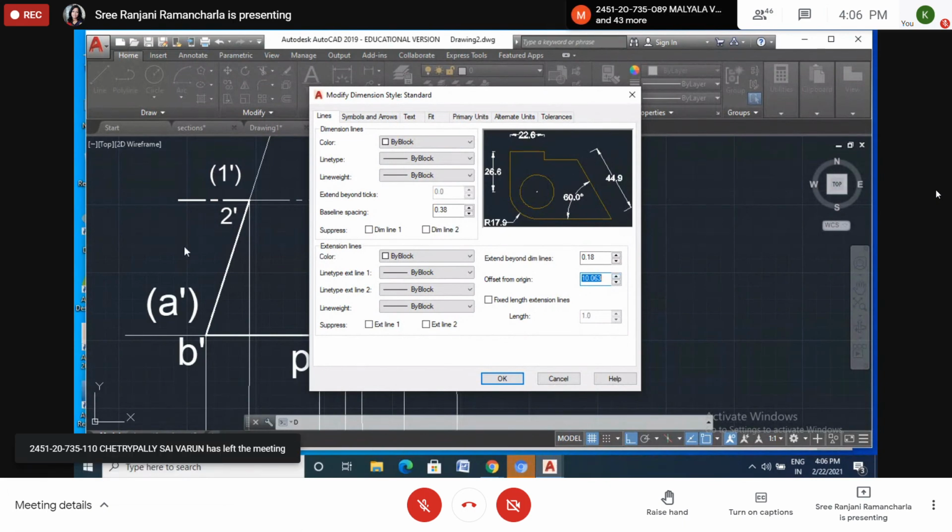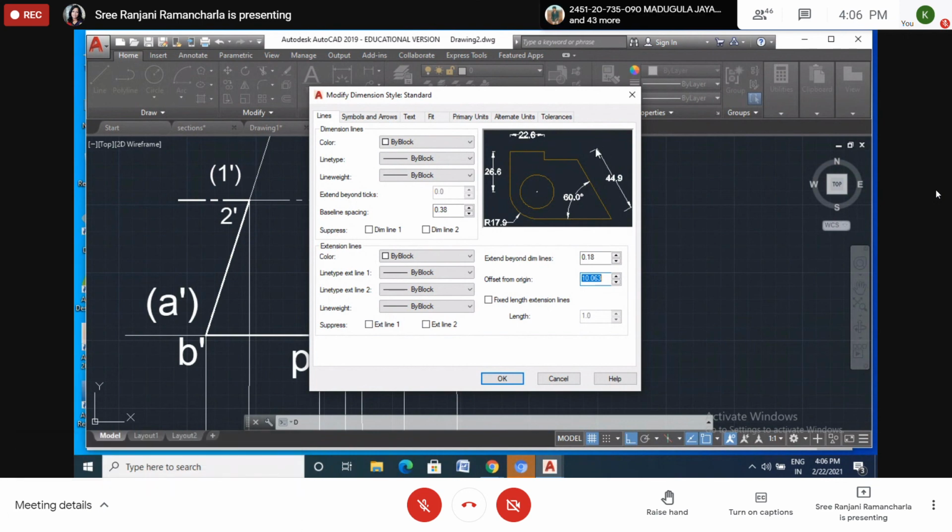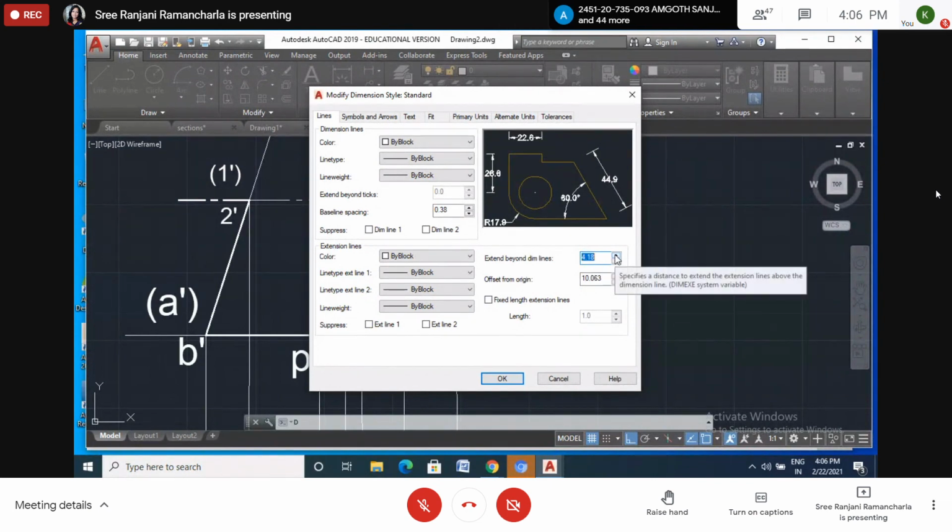as per my drawing. Now here you can see the arrow mark. This arrow mark is at the end of this line. I don't want it like that, I want it in the middle. So for this one you can change this, extend beyond dimension line. Let's see, can you see the difference? Is it clear now? Yes, ma'am. So you can change it in this way. This will apply to the dimension lines, not other lines. D space. Please note it down. D space.